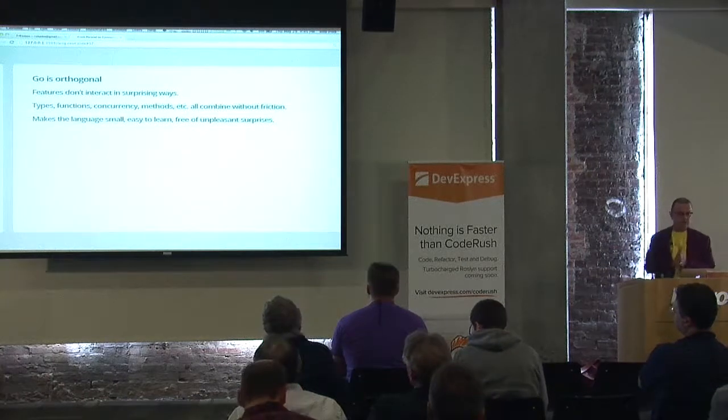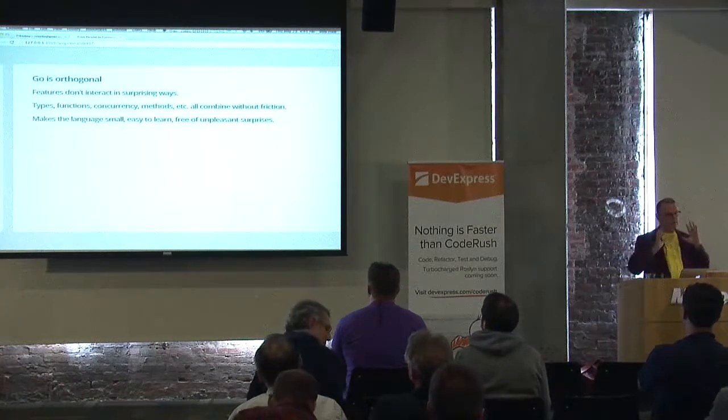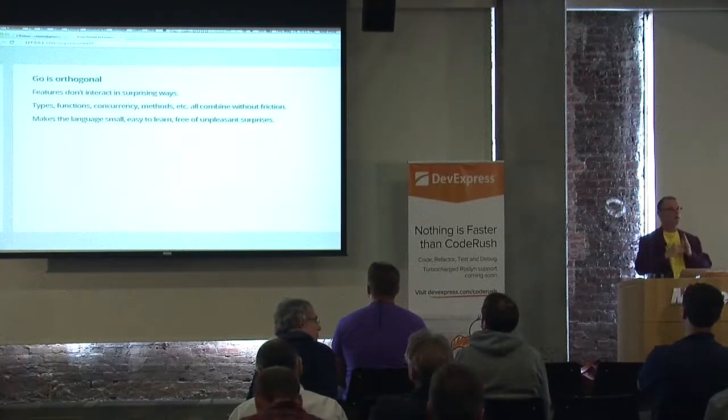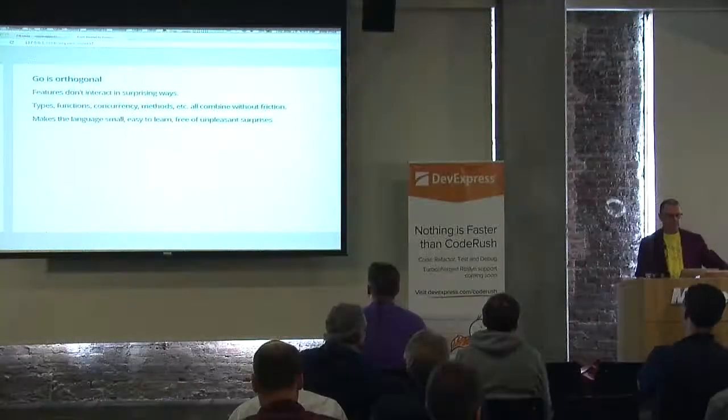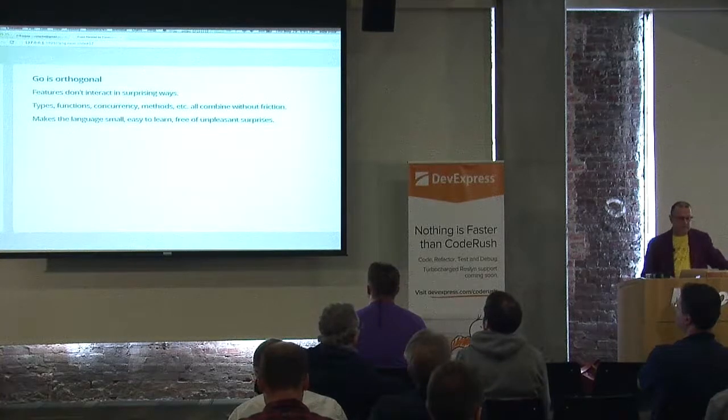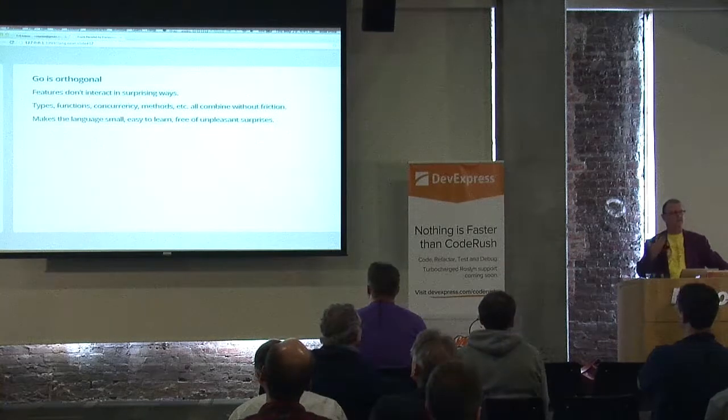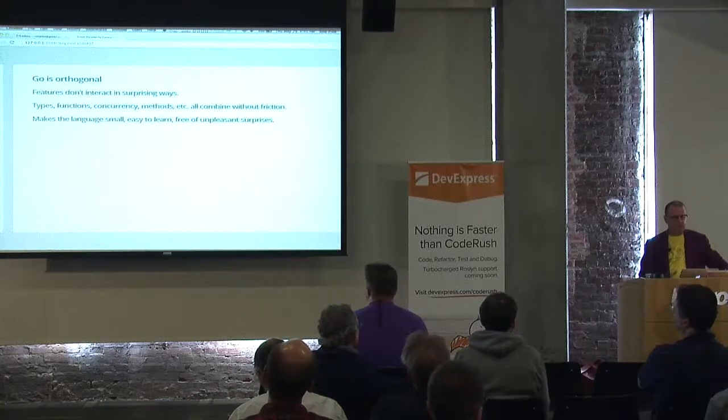And so to summarize, Go is orthogonal. The features are made to work well orthogonally, which is to say, if I take a method and a concurrent feature and stick them together, it just works. There are no funny rough edges when you try to combine features of Go. They're designed to work without any explanation. You don't have to look at the spec every time you combine two funny things to see what's going to happen. That makes the language small because you don't have to describe as much, and it's also free of unpleasant